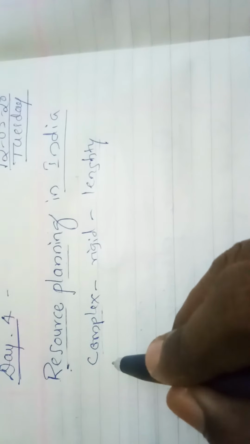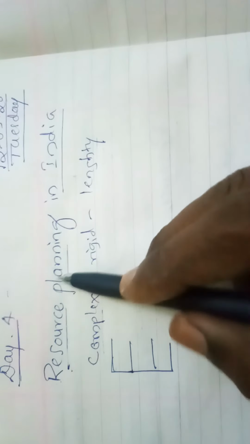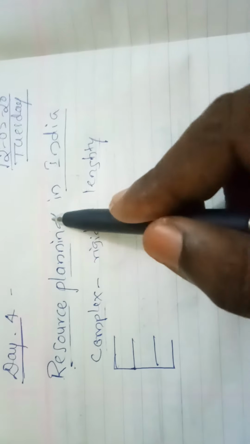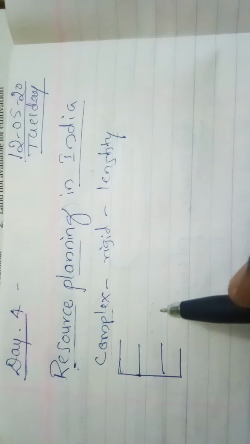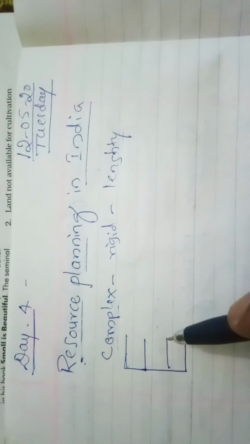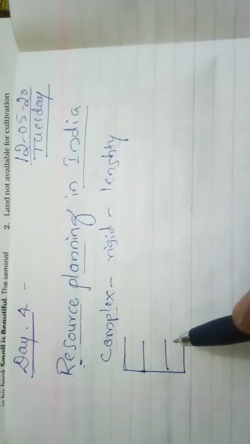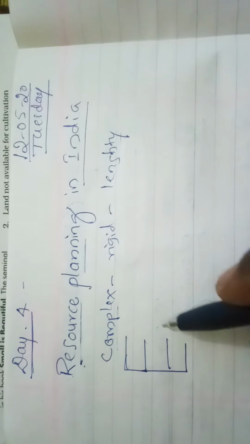As a complex, rigid and lengthy process, it involves various stages or steps in using resources in a planned manner. So what are the different stages that resource planning in India has mainly given importance to adopt? Number one,